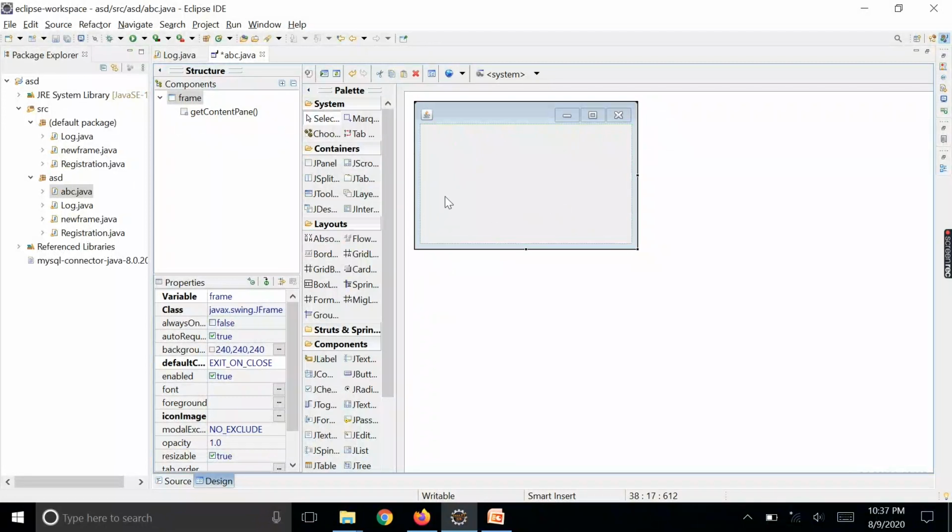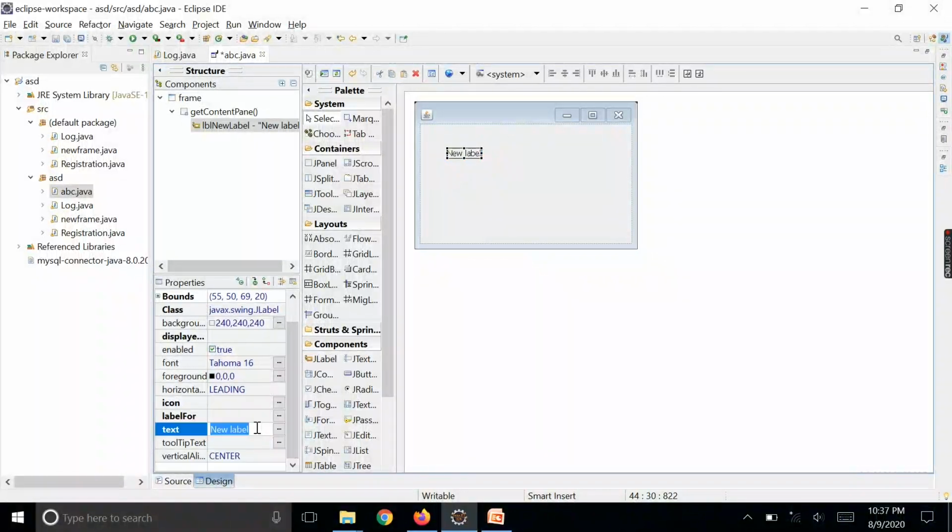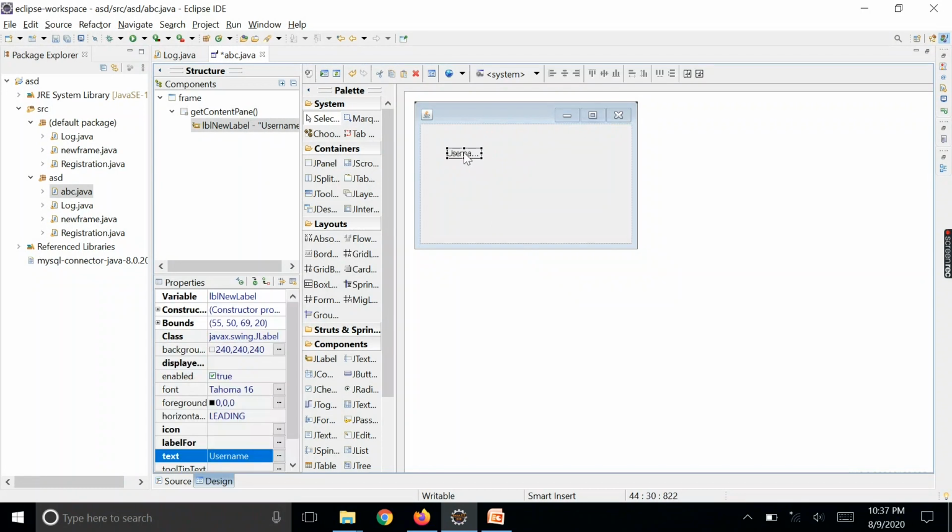If I drag the absolute layout, and after that drag a component, let's say a label, and rename that label to username, then take one more label and name it password.